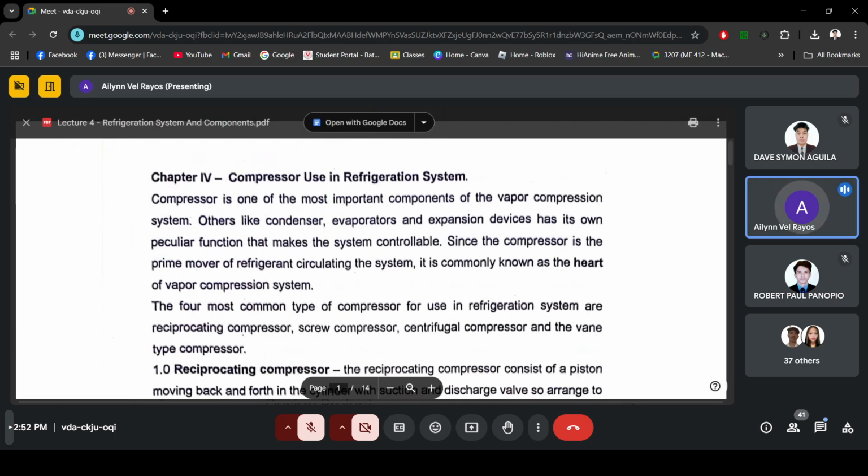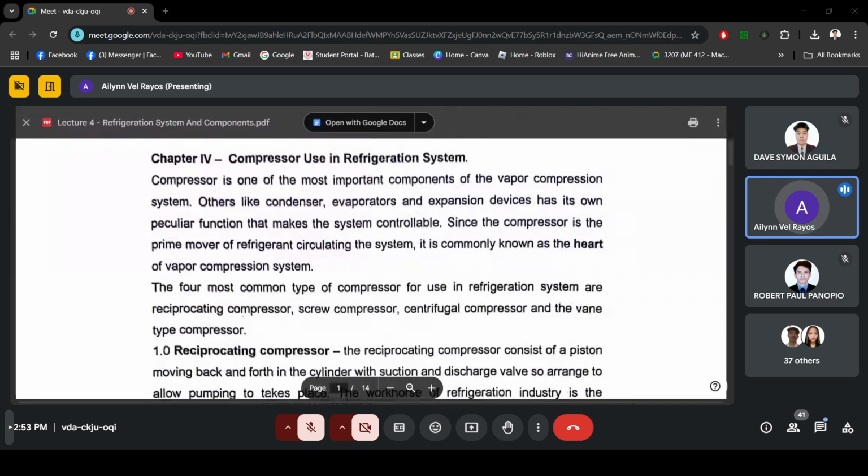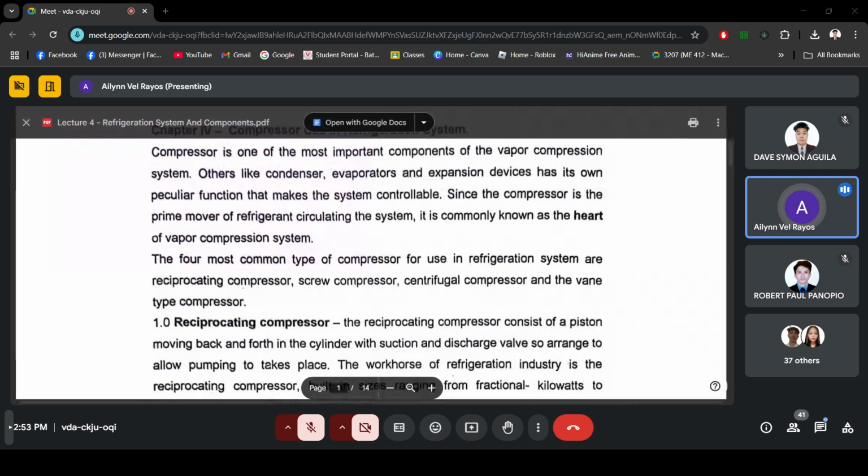Okay. So the compressor is one of the most important components of the vapor compression system. Others, like the condenser, evaporators, and expansion devices, have their own peculiar function that makes the system controllable. Since the compressor is the prime mover of refrigerant circulating in the system, it is commonly known as the heart of the vapor compression system. So we have here four most common types of compressor that are used in the refrigeration system,